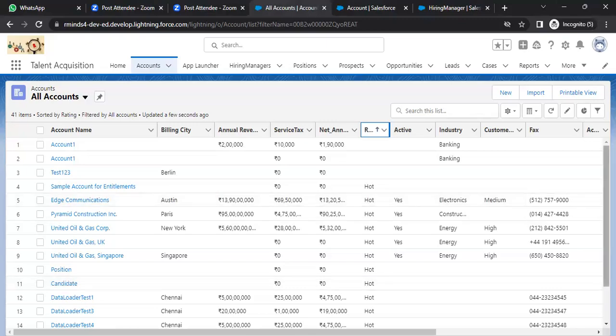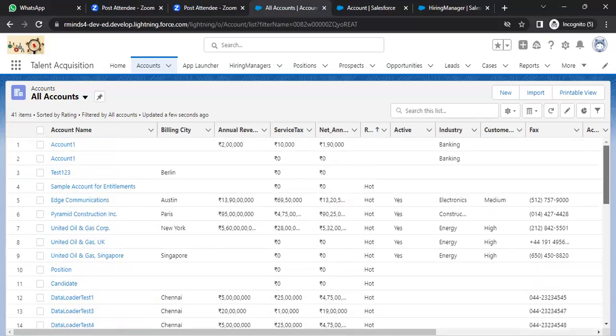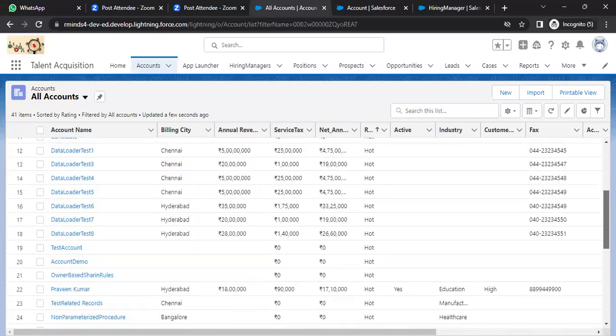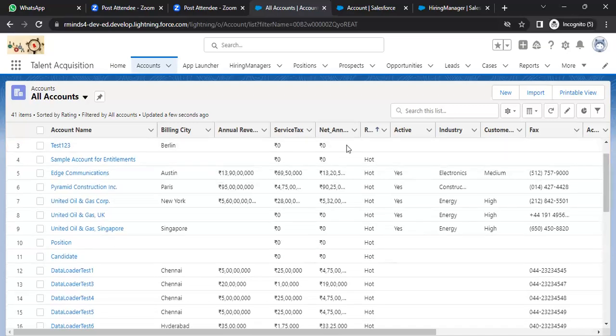Right. So many hot rating customers. First three fields are empty. After that, so many hot rating customers. So for them, where is the annual revenue? Yeah, annual revenue, it is some different values, right? So we are going to update all the hot rating customers with annual revenue as 90 lakhs and type and